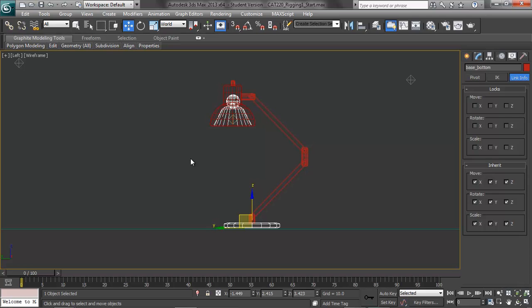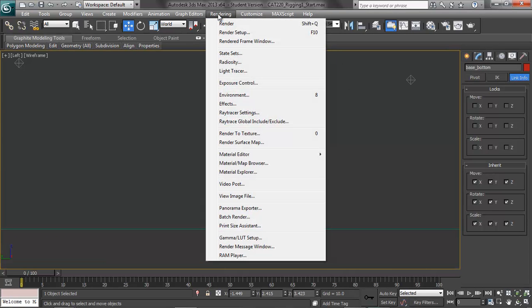And I'll show you some other steps that you can do, but if you get to this point, you're doing good, and you can actually start to literally just use auto key to animate these different parts and move them around. Now, if we go to animate, the big thing that's going to happen is